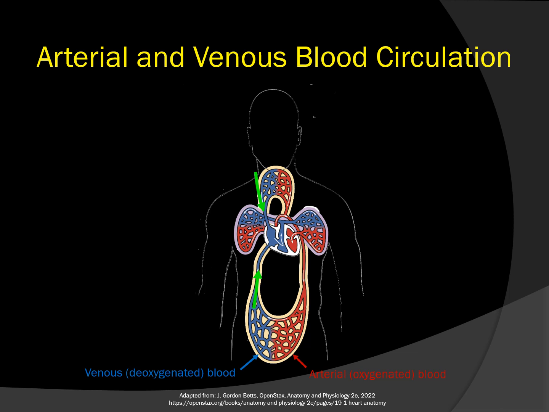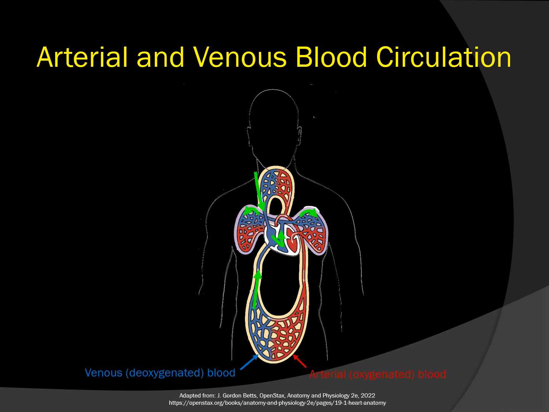in blue, returning to the right side of the heart via the superior and inferior vena cavas. I will indicate direction of blood flow with green arrows. Next, the blood enters the right heart and makes its way through the right atrium and right ventricle, which pumps blood to the lungs, through the pulmonary arteries, which repetitively branch down to the microscopic capillary network, where the blood picks up oxygen from the alveoli in the lungs and leaves the lungs in the pulmonary veins and oxygenated blood